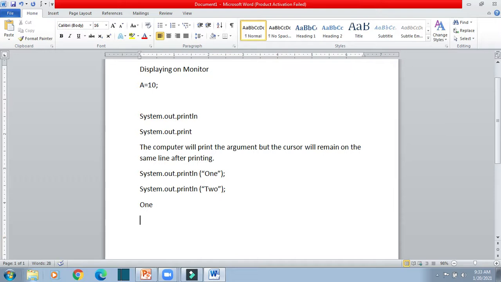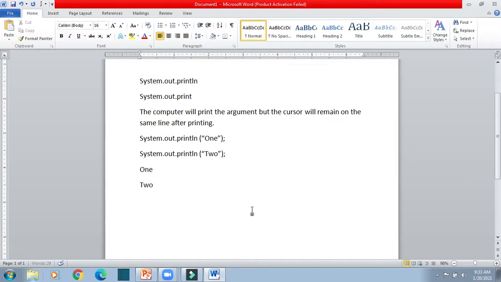So the cursor will come here, then it will print 2. After printing 2, here also we have ln, so the cursor will move to the next line. So this will be printed like this: 1, and in the second line we will have 2. So this is the difference between System.out.print and System.out.println.